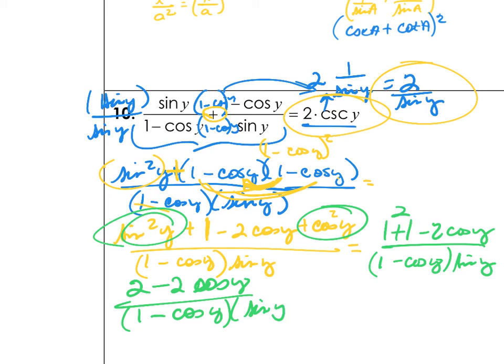Again, let's take a moment and look at where we're headed. I want to have a 2 on the top, and I want just a sine of y over the bottom. Well, look, if I factor out a 2, 1 minus cosine of y, it cancels. Now we can cancel